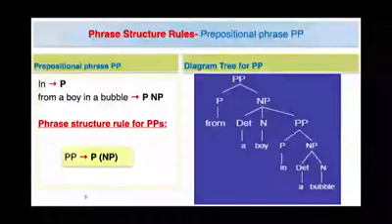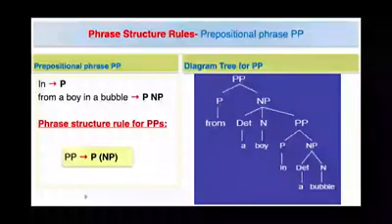In the prepositional phrase, we have from a boy in a bubble. From is a preposition and a boy is an NP, and then in a bubble is another preposition, and then a bubble is another NP that comes within the main